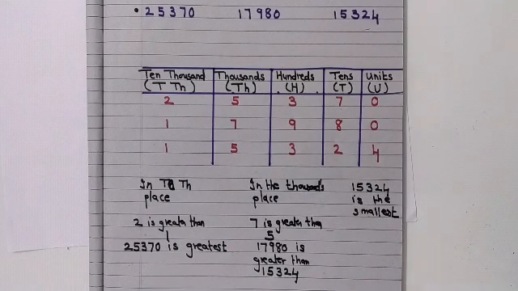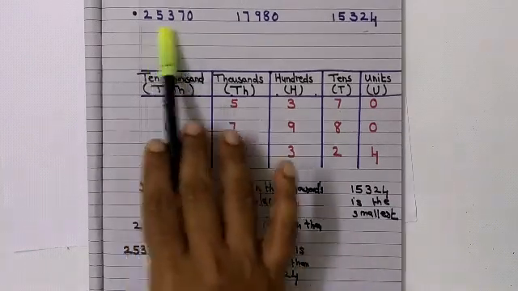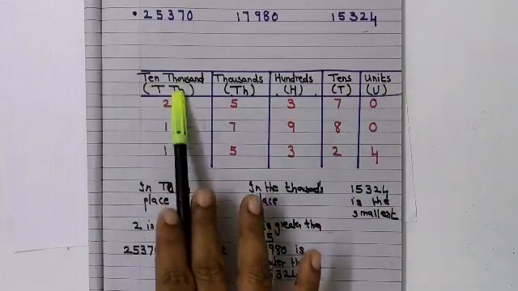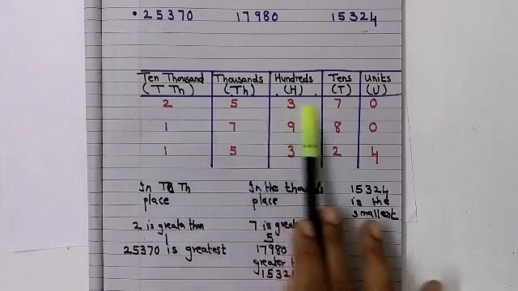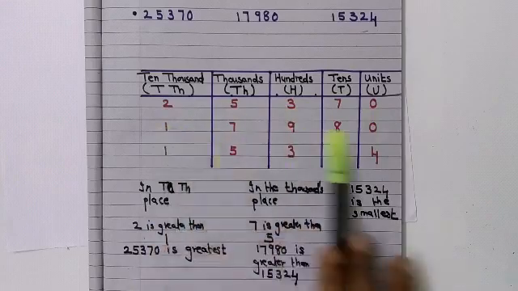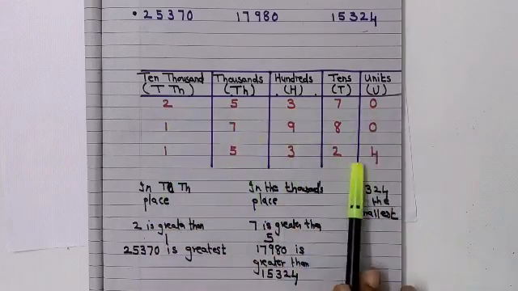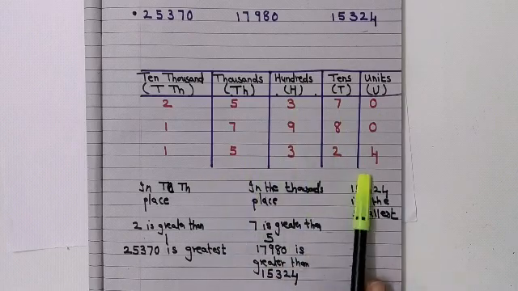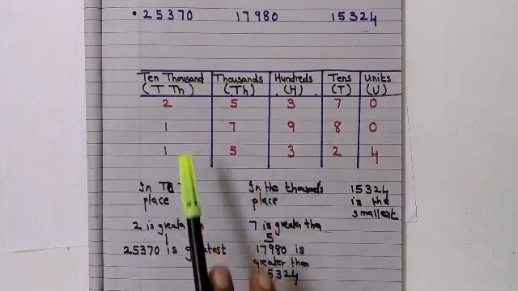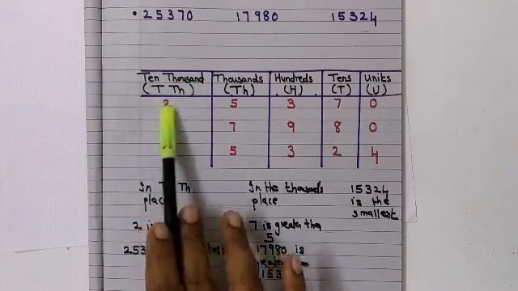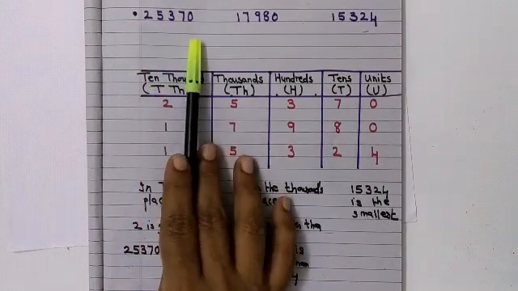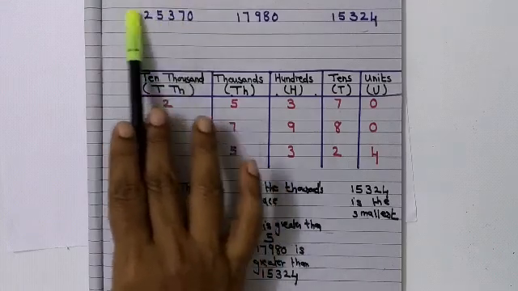Okay children, clear? So what we do when they give us three numbers, we have this place value. Remember, we start from the highest order. First you put in your numbers in the place value. You have three numbers, so you will have three rows and you put in the numbers. Now once you have done that, we will start comparing. In the 10,000s place, which number is greater? 2 is greater than 1. So we say this number is the greatest. Once you are done, children, just put a dot. So you have got your greatest number.